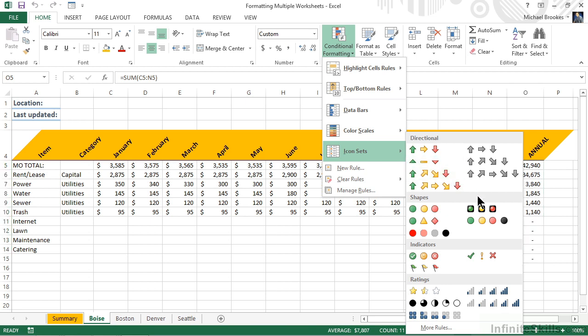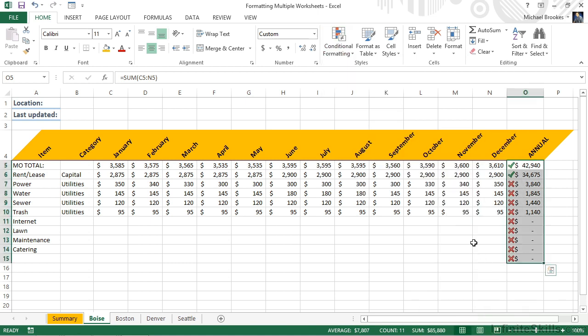And let's go ahead and choose the check mark, the exclamation mark, and the red X. This applies some default settings for our conditional format, which may or may not work for us. And what I can tell you right now is it doesn't work for us. What we'd like to do is have the red X applied to anything that's above $10,000. We'd like to have the green check mark for anything that's below $1,400, and an exclamation mark for things that